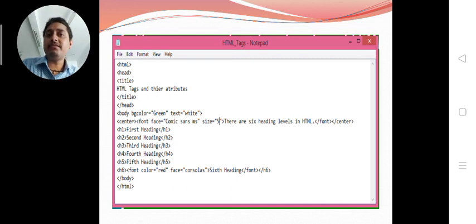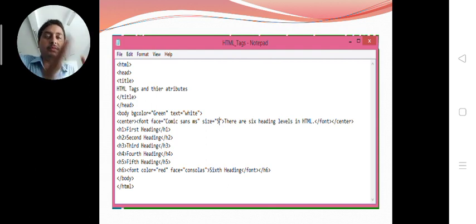Okay, in the next line we have entered the center tag. This is also an important tag, so please pay attention to the center tag. This tag is used to make the text centered horizontally, not vertically. Horizontal means the line in which we are writing the text will appear at the center of the screen.